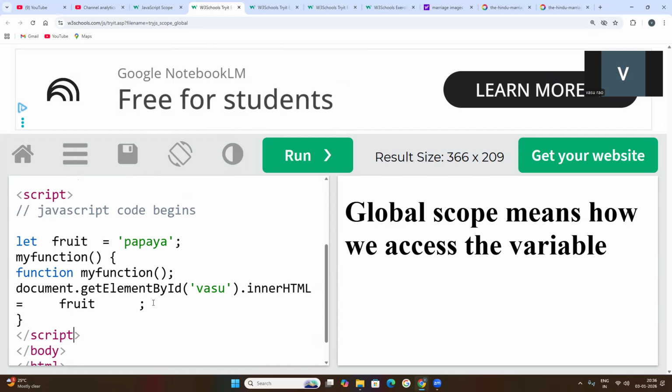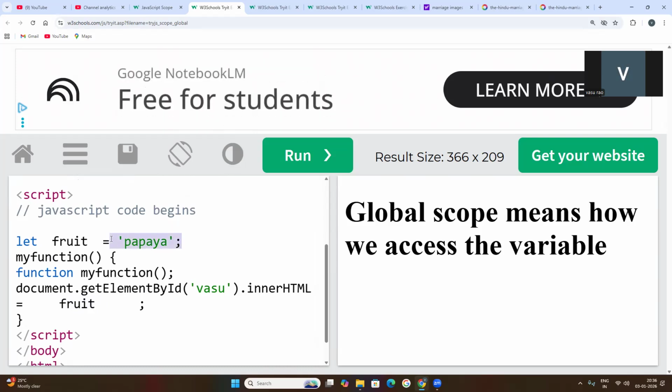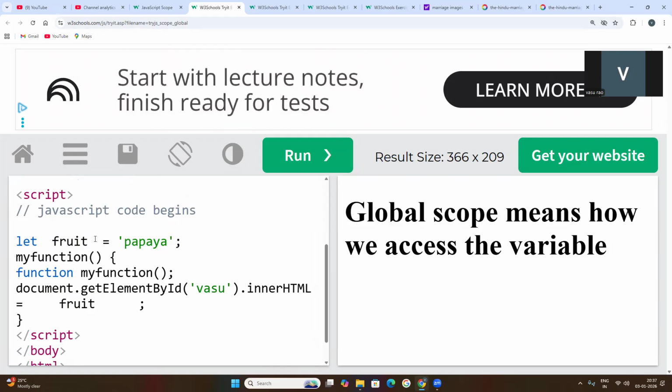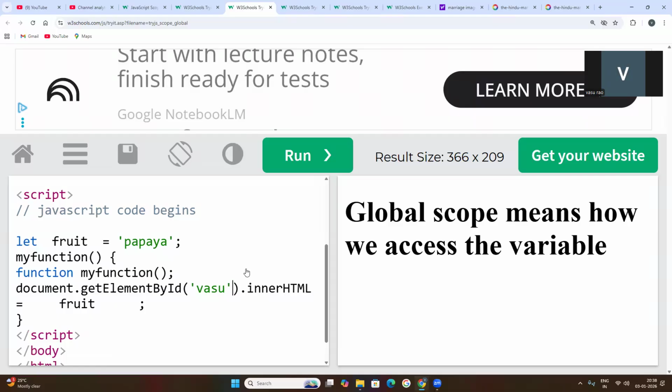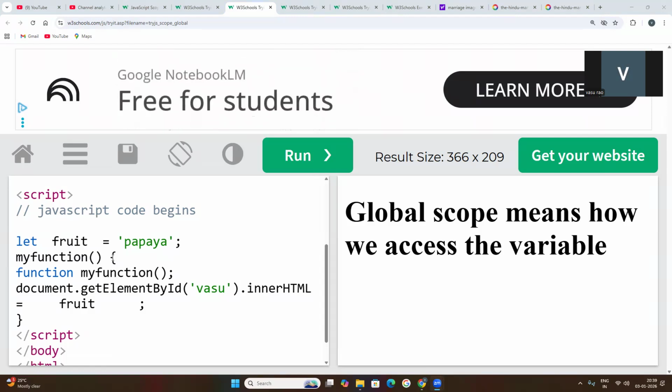If you run this code, we need to get the value stored in this fruit. Fruit is a variable. Find out the error. That is very important.